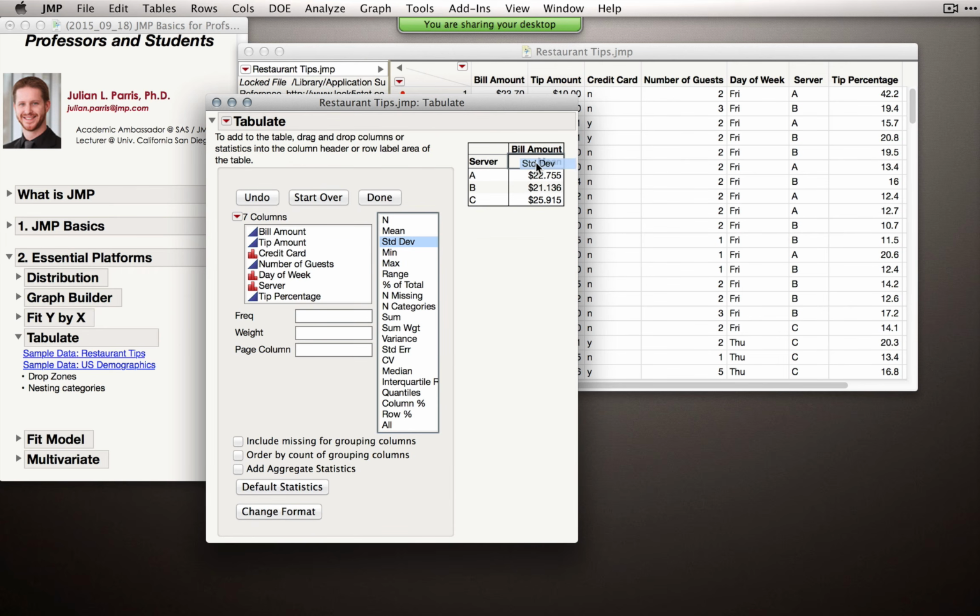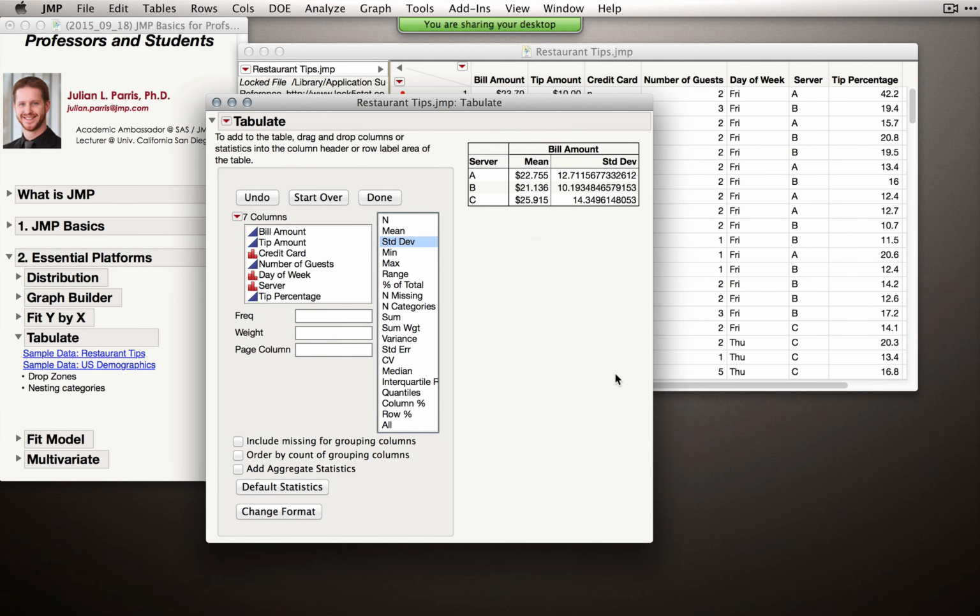If we want to add it to this table, notice what happens if I go to the right-hand side. There's a tiny little drop zone there, or even on the left-hand side, there's a little drop zone there. And if I drop standard deviation there, in JMP's mind, that means add it to the table. So look at this. I can create very quickly these complicated tables with different summary statistics, and I can even